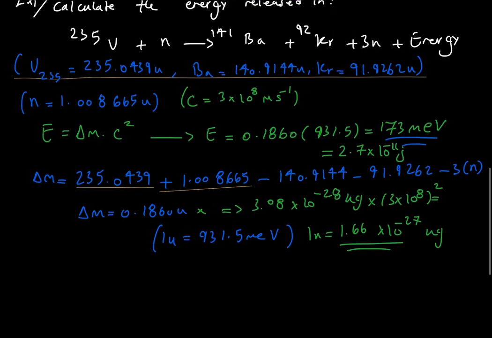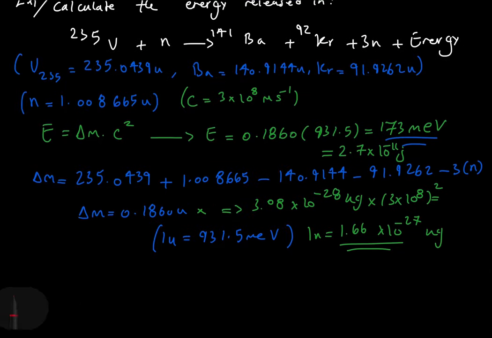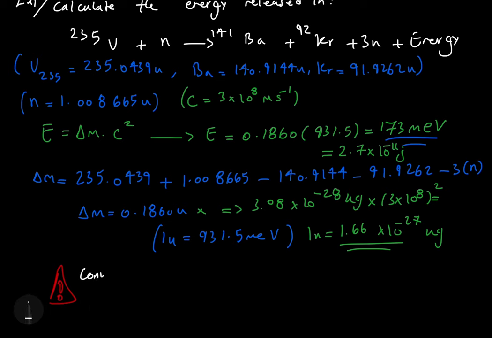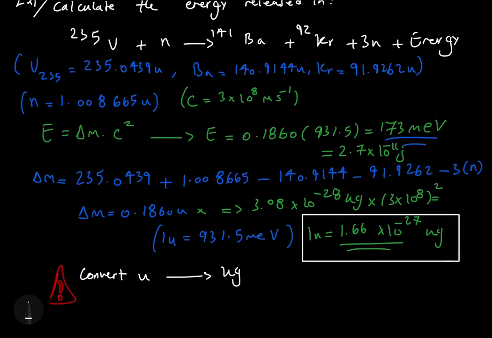So quick cautionary reminder here. If you want to get the answer in joules, then you should convert atomic mass units to kilograms, and you do that by multiplying the atomic mass unit by 1.66 times 10 to the power of negative 27 kilograms. And you also use the speed of light, c. But if you don't want to convert it and get the answer in mega electron volts, so in MeV instead of joules, you should not convert anything into kilograms, and you should just multiply the atomic mass defect by